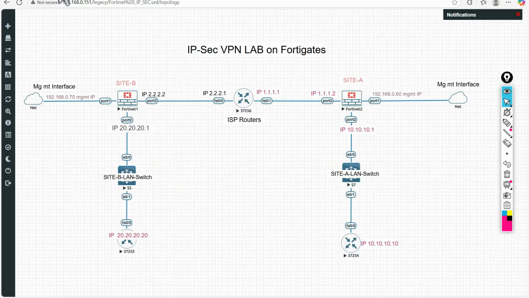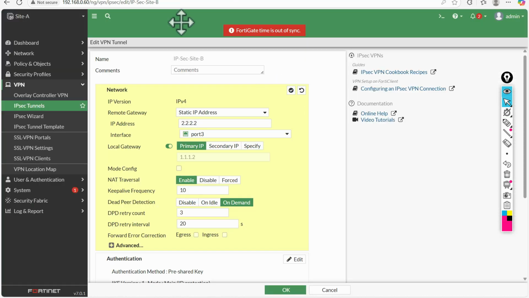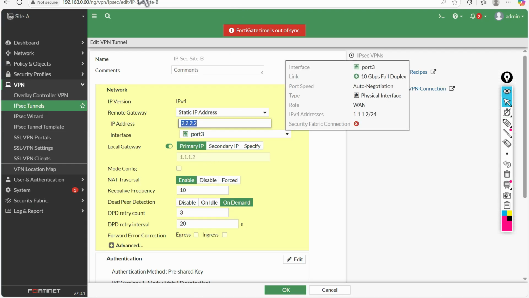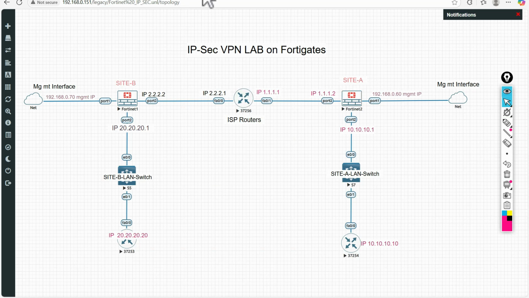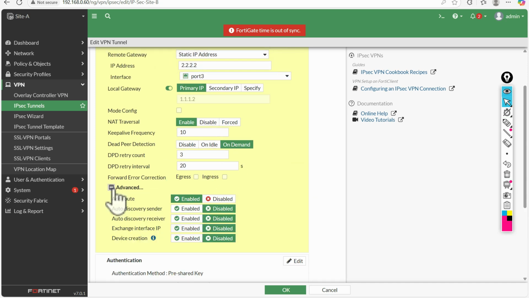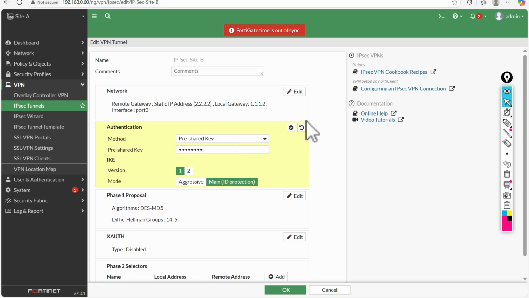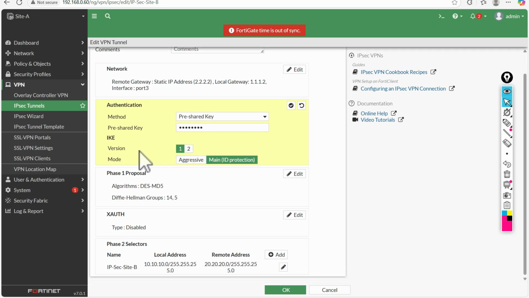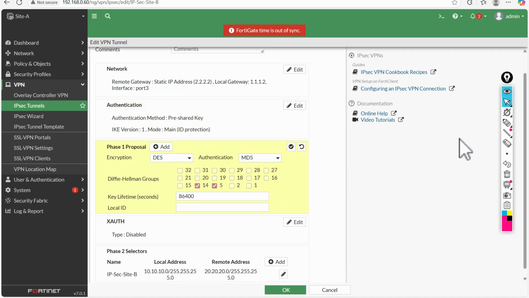Now the local gateway, which is the local gateway? The local gateway will be the IP address of interface port number 3. Then gateway 1.1.2, meaning this is the gateway, the egress IP of the site. Other things are similar: on demand, DPD we need to select, and then the pre-shared key we need to define. I have selected IKE version 1 main mode, and then these are the parameters, DES, MD5, and 14 and 5, basically the